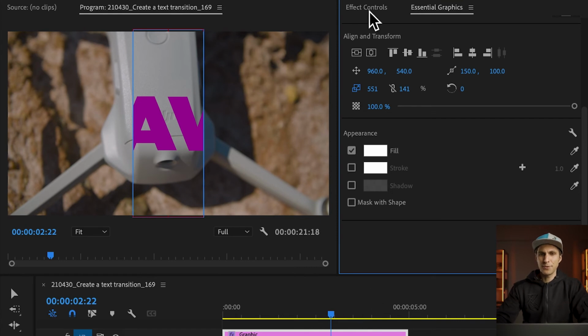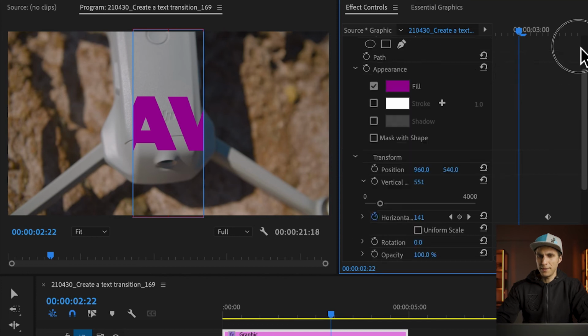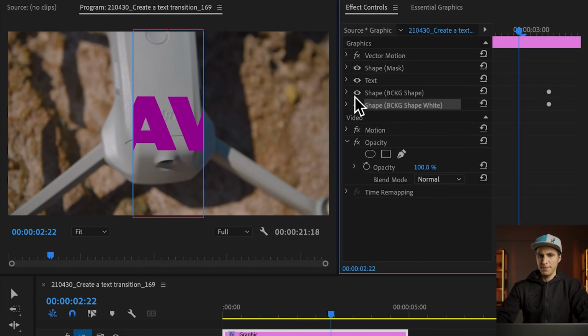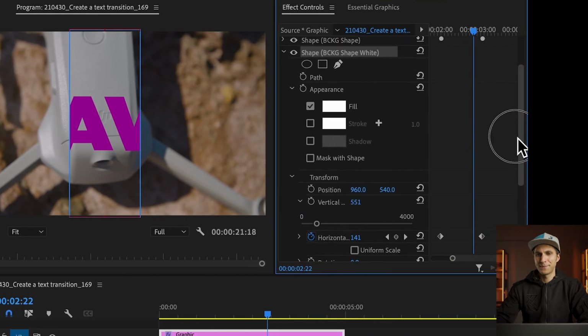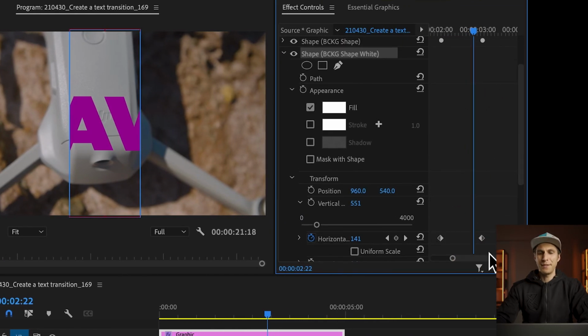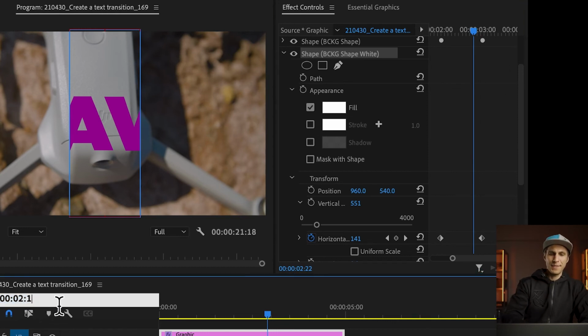What I want you to do is to go to the Effect Controls, close down the shapes you have opened here so we don't misunderstand, and you should see the keyframes of the two shapes right there. Okay, I'm going to open up the shape white that we have just created. I need to scroll down a little bit so I can see both the keyframes. I want you to go to timecode 0217,